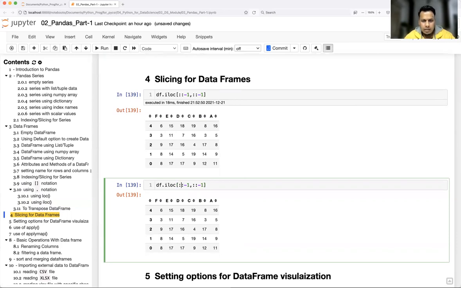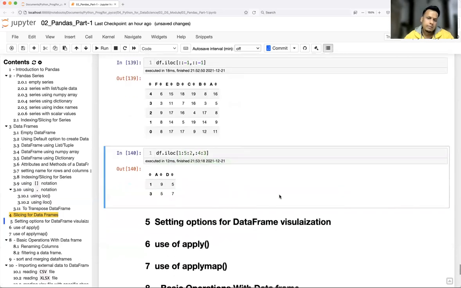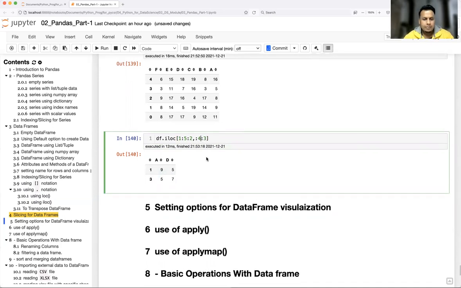In case you're using ILOC, then I can use, let's say, 1 to 5, every second one I want. Every second row I want 1 to 5. Okay, and here I want 0 to, let's say, 4, every second row, every third row. See what will happen. Okay, so you can do some maths on why it is happening, but this you guys already know, like in lists we have already seen, right? Every second row from 1 to 5, and every third row from the start till the fourth column. Okay, that's how you do that.